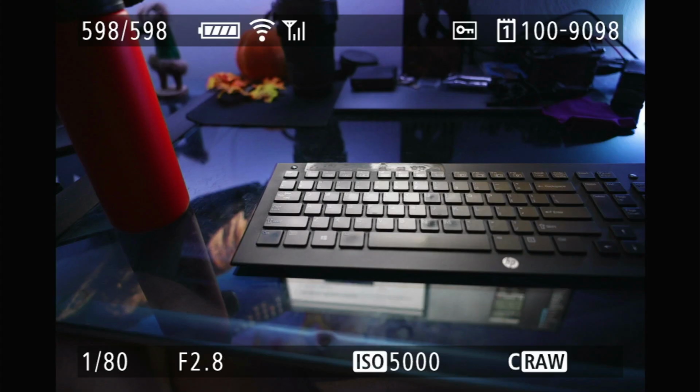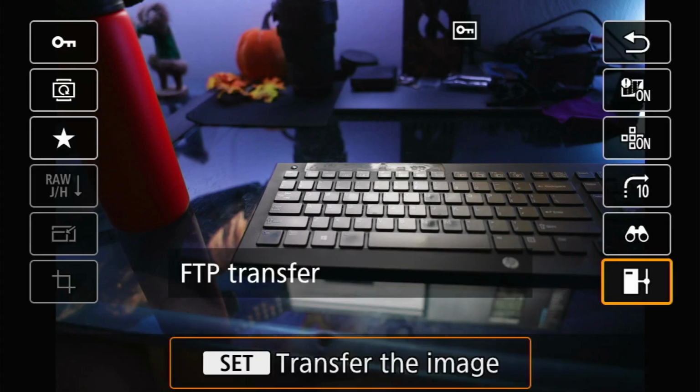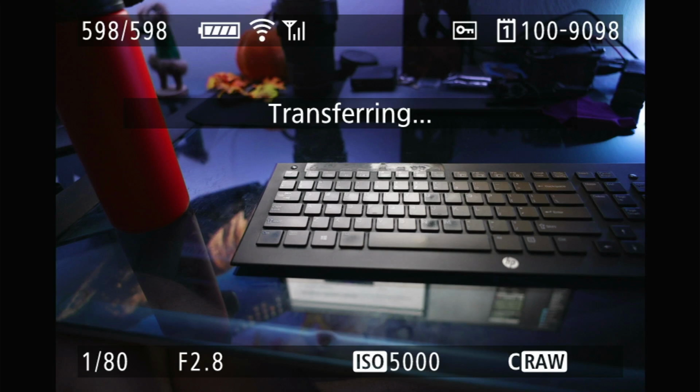Speaking of FTP, there's one final way to transfer files with FTP, and it works an awful lot like send to smartphone, which I will be talking about in a second. But this can be accessed whether you have transfer with set enabled or not. All you have to do is in playback mode, hit the quick control button, scroll down to the bottom right icon, and send with FTP will be an option there. Unfortunately, this doesn't appear in direct transfer mode. If you're transferring or connected to a computer via EOS utility, this will just say send to smartphone,